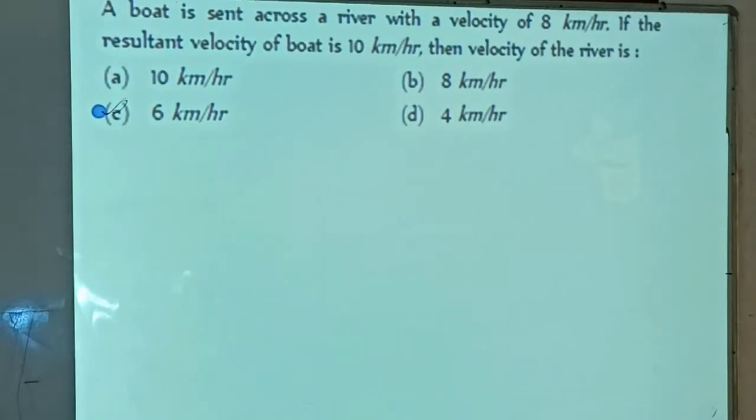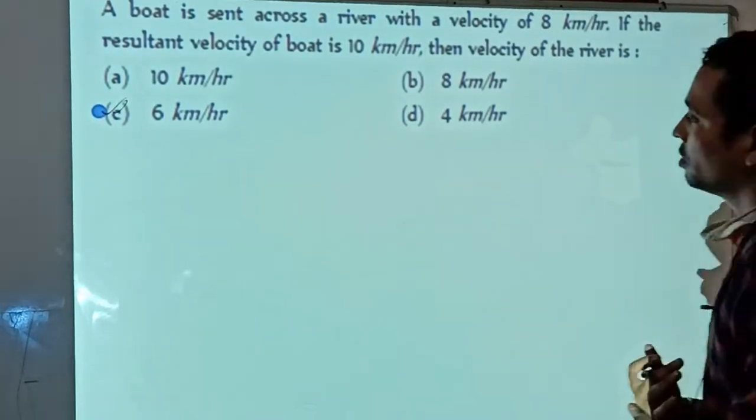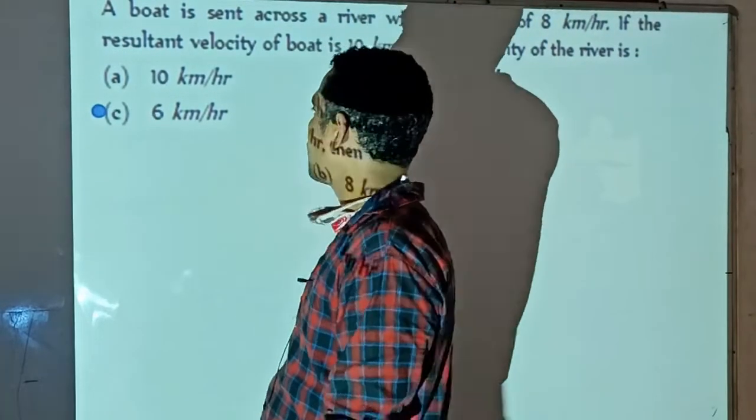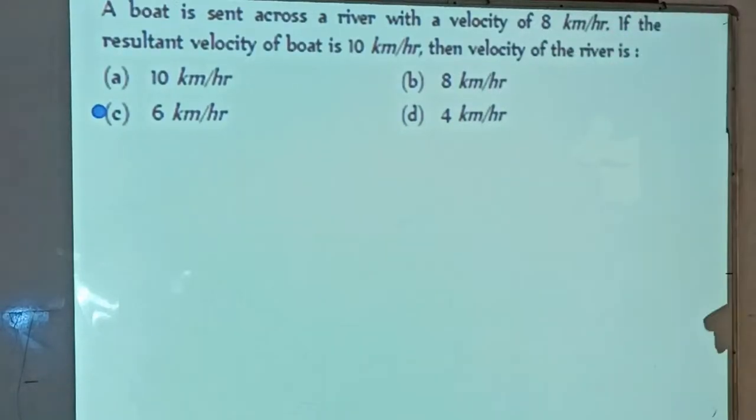A boat is sent across a river with a velocity 8 km/h. If resultant velocity of boat is 10 km per hour, then velocity of the river is, okay. So answer amount is 6 km per hour, ठीक है. With a velocity of 8 km per hour, if the resultant velocity of the boat is 10 km per hour, then velocity of the river is